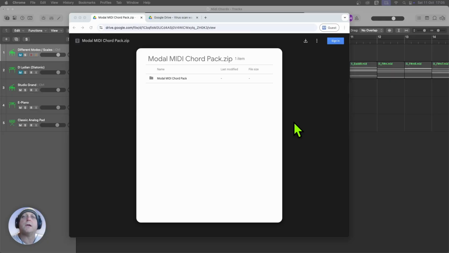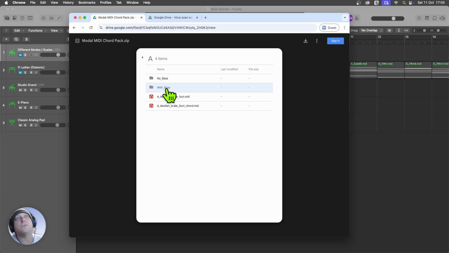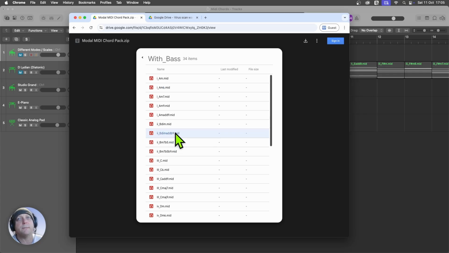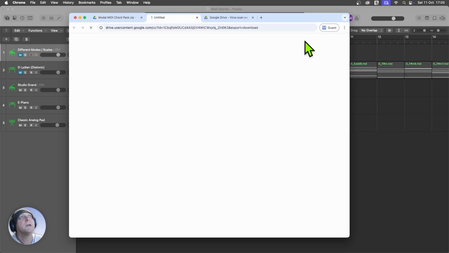So the first thing you're going to want to do is download the file by clicking on the link below in the description. And that's going to take you to my Google Drive where I've shared the file from. You can see it's called Modal MIDI Chord Pack.zip, and Google Drive actually gives you a little preview of the contents. You can click on there and see the first sort of few folders within the folder structure and some of the MIDI files. You're going to want to click on this download link here, and that will open up